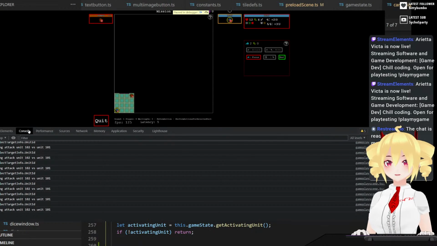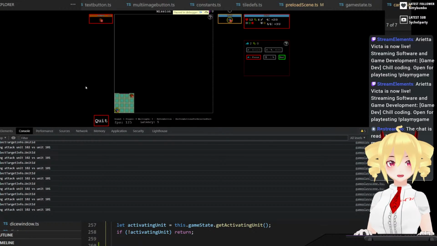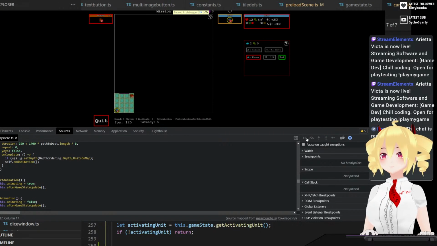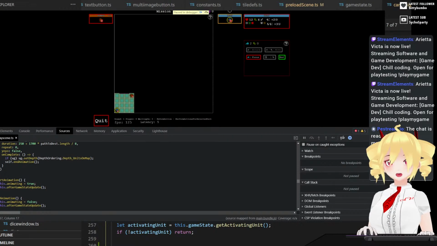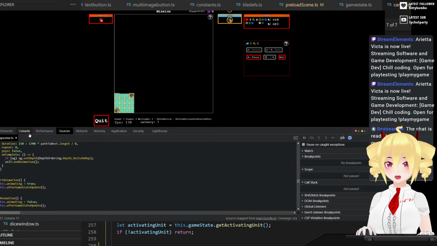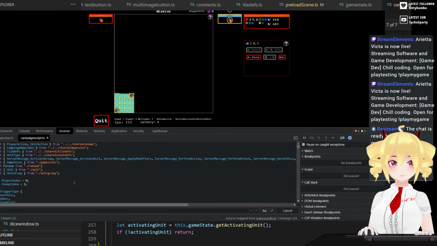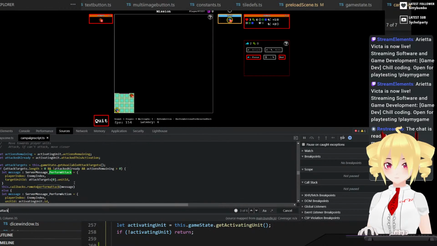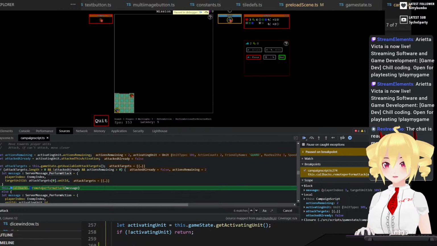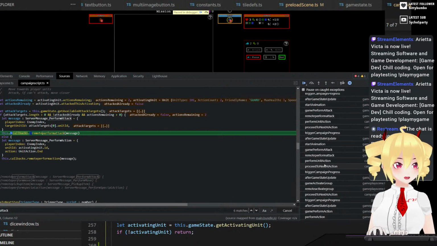So it looks like it's trying to perform an attack. But something's not quite right. Alright, so I think I have an idea of actually what's going on here. Let's go ahead and put a breakpoint in our campaign script. We need to go down to that function we just wrote. Alright, so I went ahead and hit go once to see what's happening. And, I suspect...